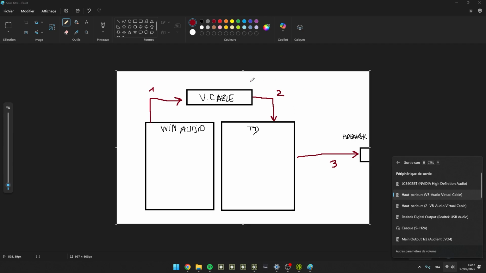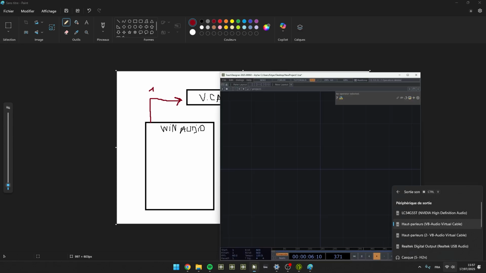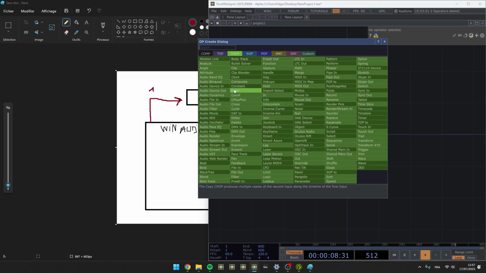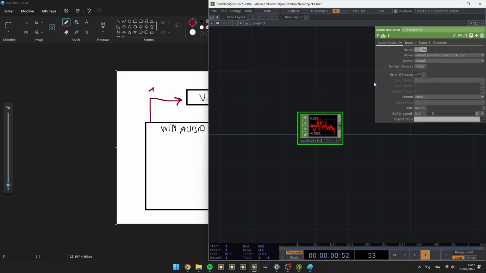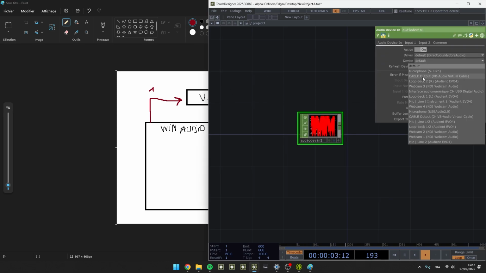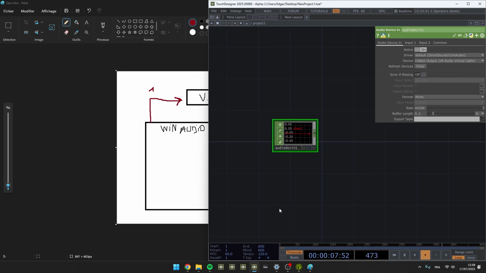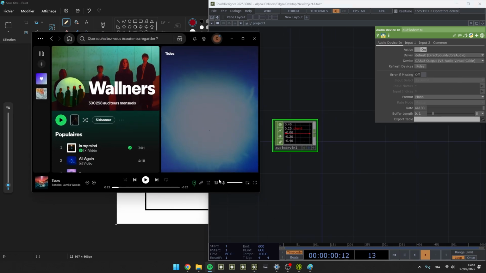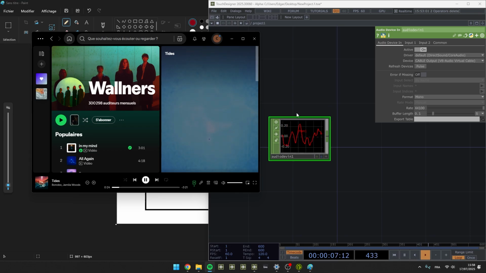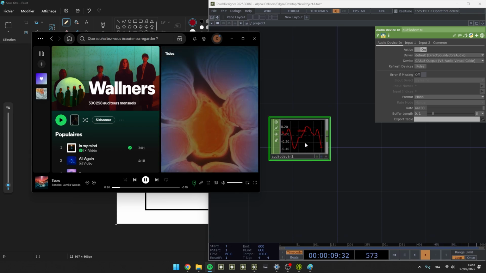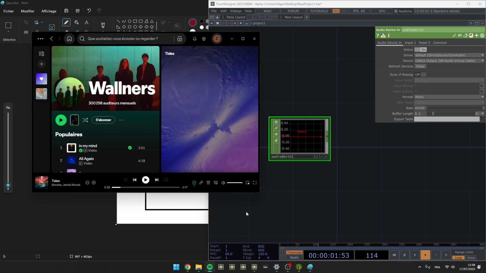Step 2, we're gonna open TouchDesigner and say that the audio device in is the virtual cable. Audio device in, device, cable output, VB audio virtual cable. So now if I play music, I reduce the volume. So if I play music, we can see that it's oscillating here. We have data. Okay,